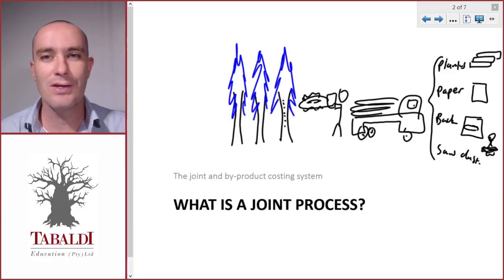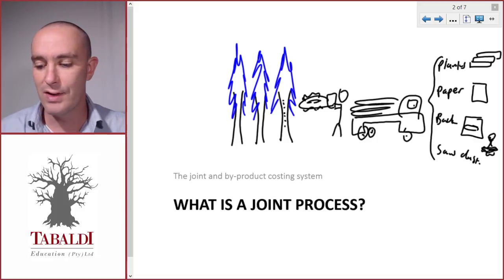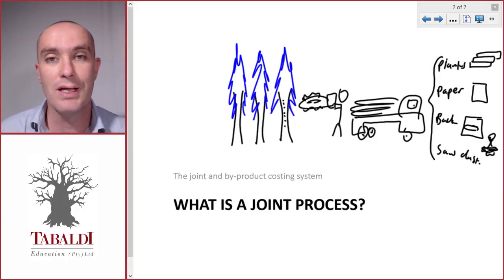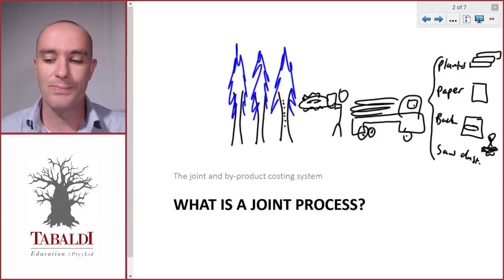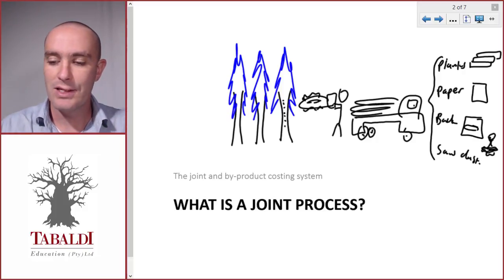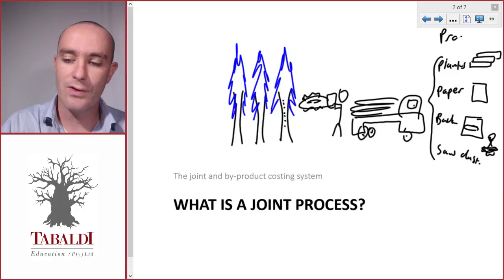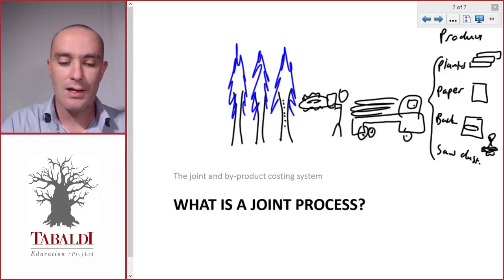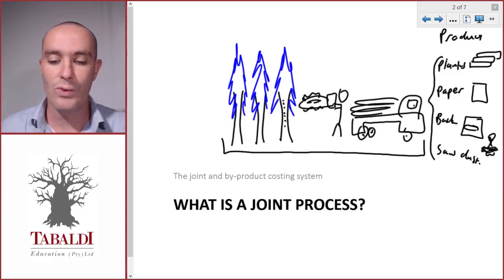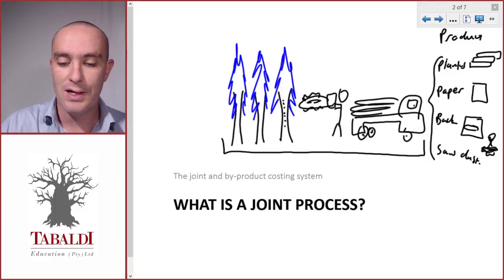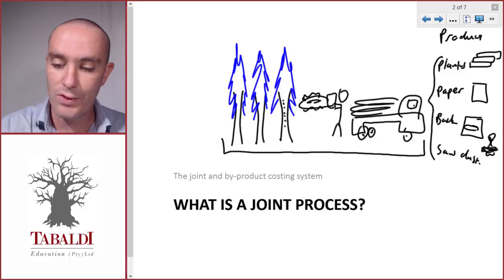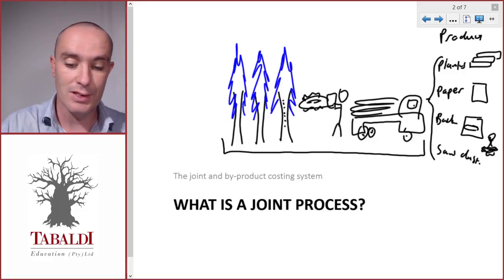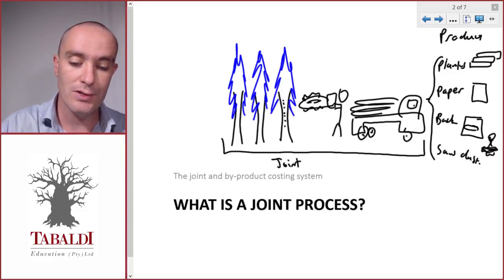In the cutting process, there's lots of fine dust that comes off, and this collects on the floor and needs to be cleaned off, and maybe something can be done with it. So these are the products that come from this process. Now, before the products become identifiable, we already have to incur a lot of costs, and all these products, all four of these products, come from the same process. So this is called a joint process,